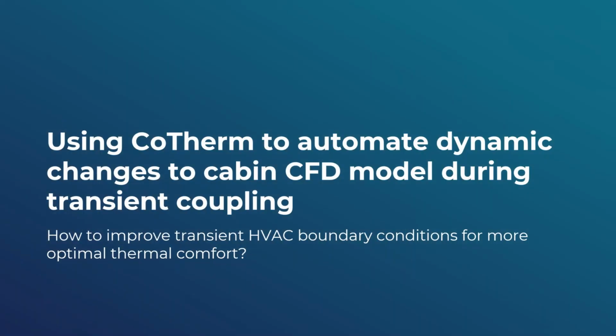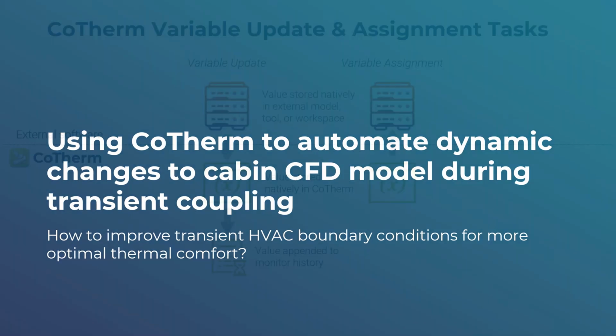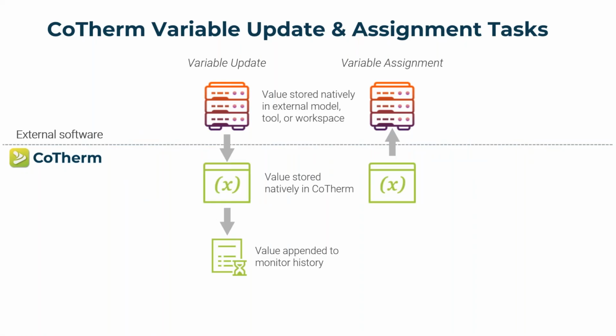So if we want to update our simulations to not just have a static HVAC condition that's going to kind of overcool after a few minutes, but a more dynamic condition that we could either prescribe or hook up a controller to, how might we do that? So the first thing we'll look at is kind of extending our thermal CFD coupling to account for some transient HVAC conditions. To understand that, I'm going to come back to a couple of other concepts that are built into